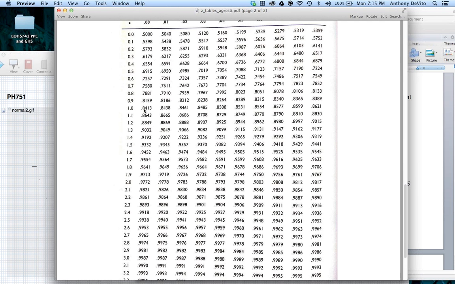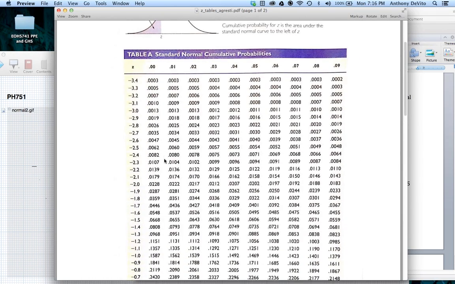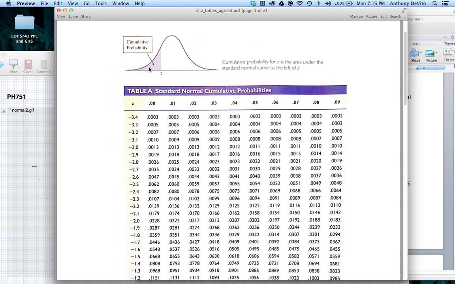Let's take a look at another one. Remember we said that two standard deviations below the mean to two standard deviations above the mean is going to be 95%. That leaves what on the outside of the lower end and outside of the upper end? That leaves 2.5% on each side, right? Let's see if that's really true. Let's take a look at a z-score of -2, which is going to give us the area below.